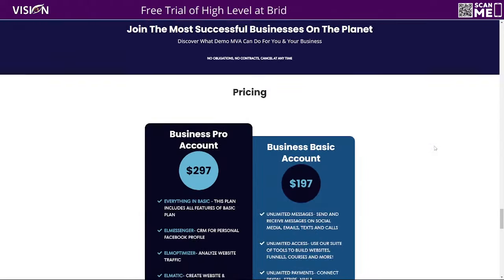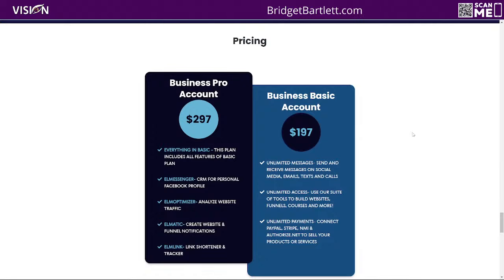Okay. So the goal here is when you're choosing your SaaS plans, the way that this is set up is you could offer one plan here, in this example, $197. Of course, you could change this to whatever you want to. And this would be basically for your basic offer. And then you could create a plan where you're going to give them access to all of the additional tools